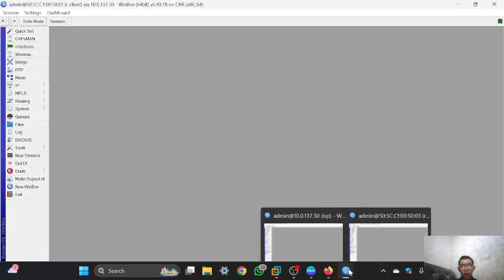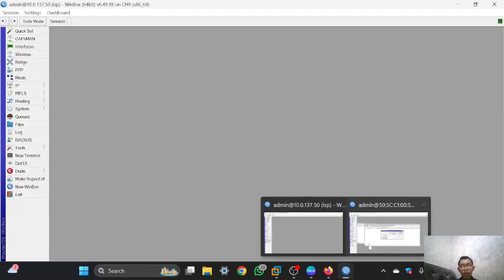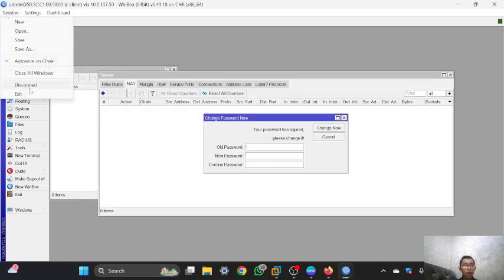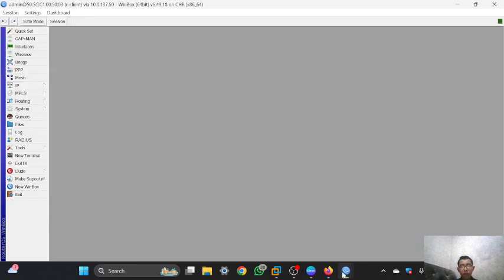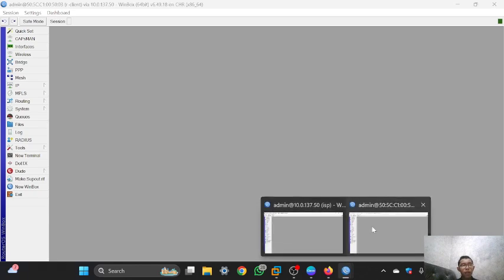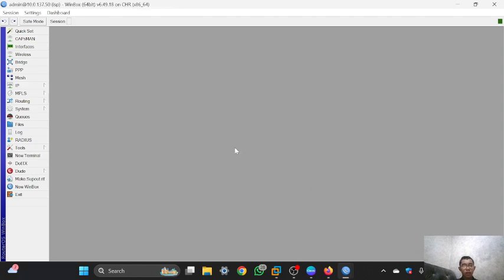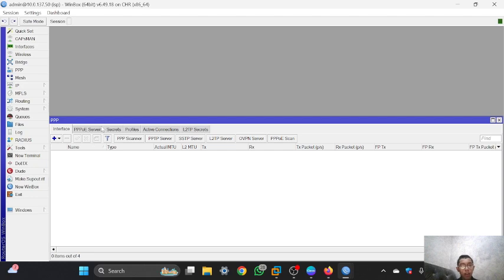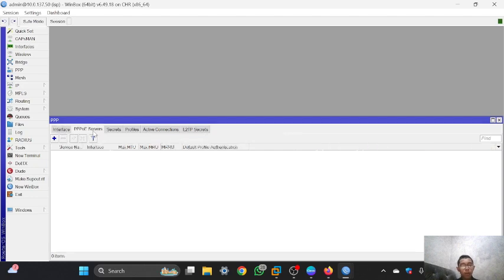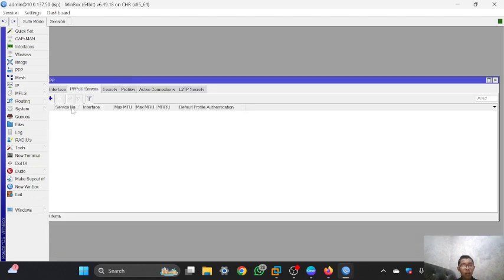And after that, I will set the PPPoE protocol. For the ISP, I will set it as PPPoE server, and for the router client, I will set it as PPPoE client. So to configure it, you can go to PPP, and then there is PPPoE server, and click it, and you can click add.